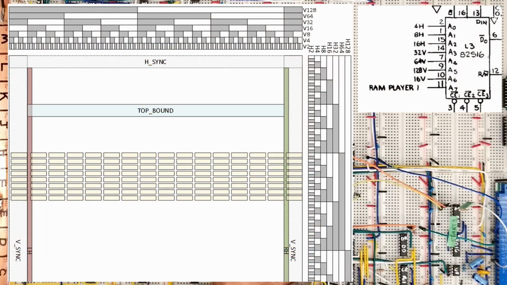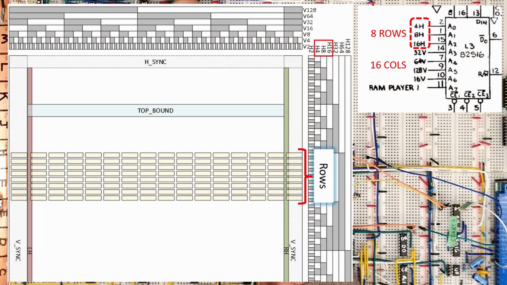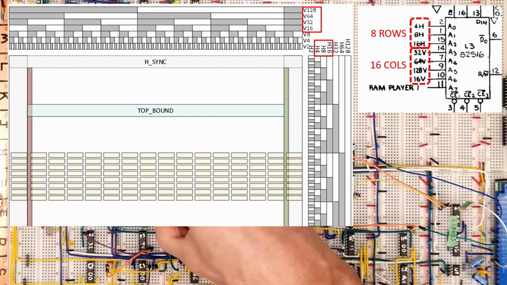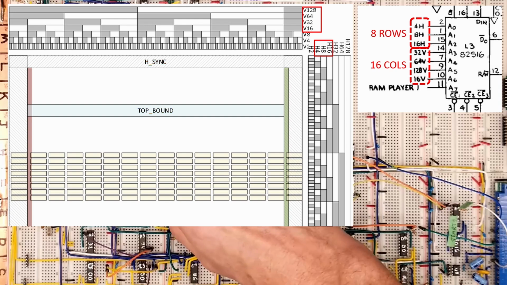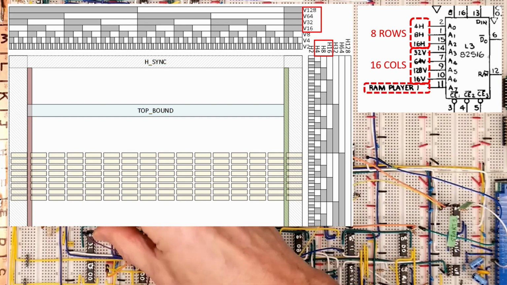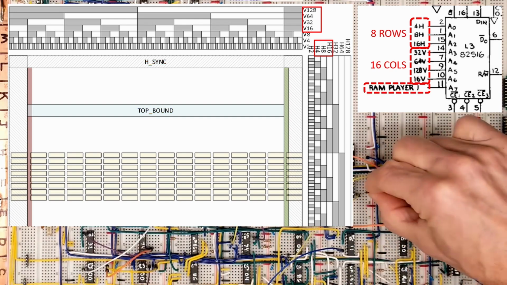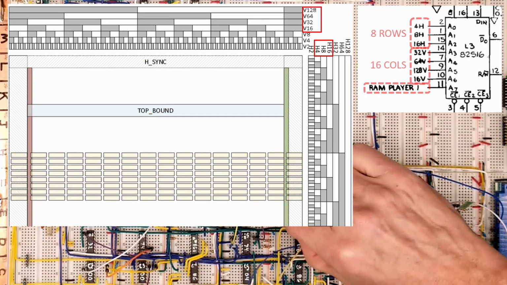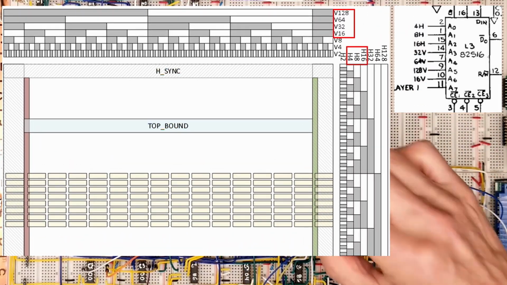From the video lines, you can see that there are 8 rows and 16 columns, and we can go through and assign a bit address to each brick according to these signals. The mapping really doesn't matter. We can switch all these lines around and the result is the same. 1 memory cell represents each brick. The only thing to note here is that there are 2 brick arrays stored in RAM, 1 for each player, and that there are also 16 unused cells for each player. Let's map out a few brick RAM addresses for fun anyway.